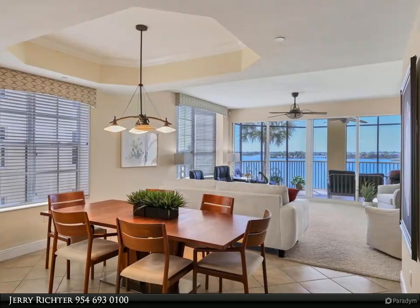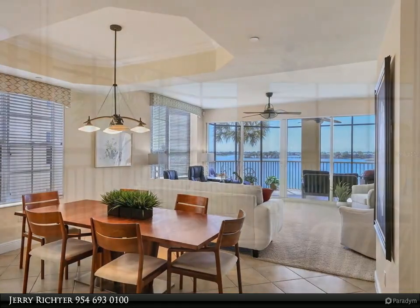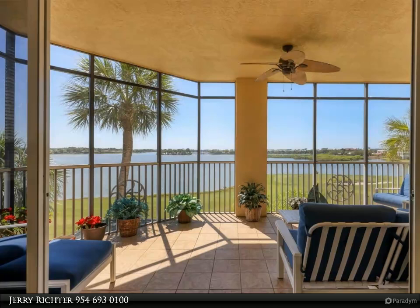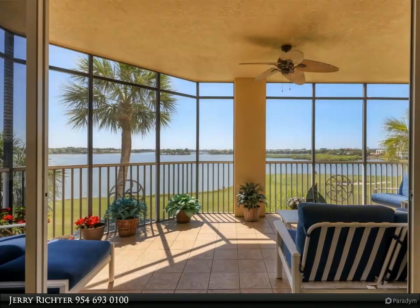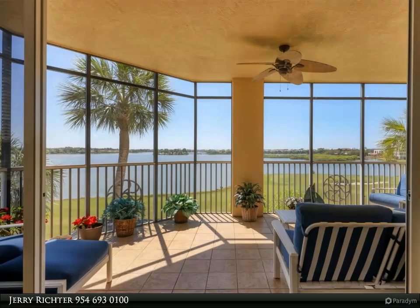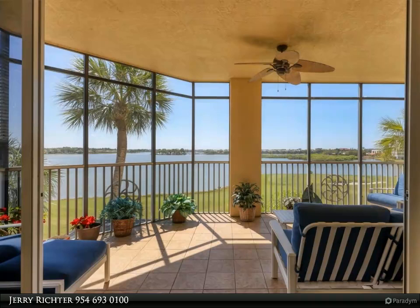This unit has one of the best views from your living area, primary bedroom and large screen/covered lanai. Large wall-to-wall sliding doors to fully enjoy the amazing view of the lake. Primary bedroom also has access to the lanai, ensuite bath with soaker tub, separate shower, and dual sinks, with 2